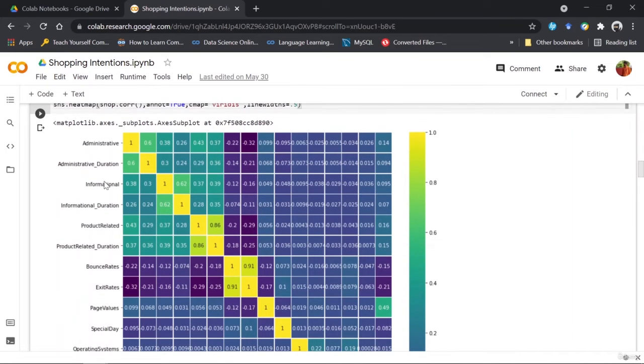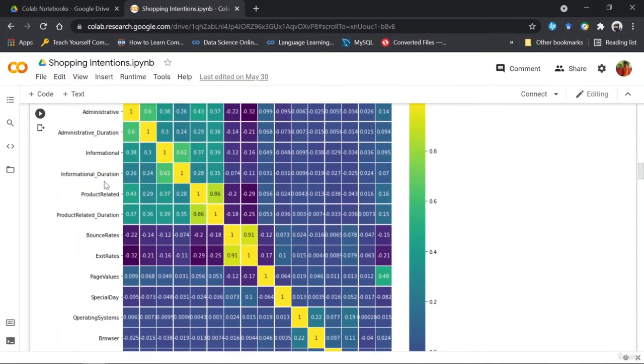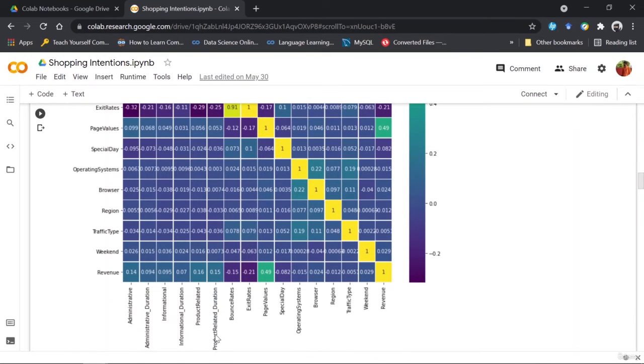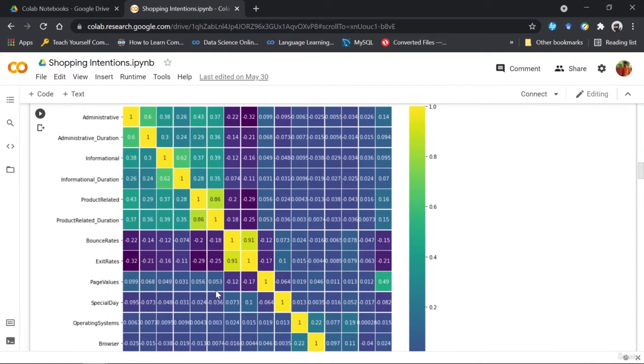But what I want to show you is that values like 0.86 are high, and you can see that product related is very much directly correlated to product related duration. So we can remove one of them so that our model, when taking this data, is able to generalize over the data well.